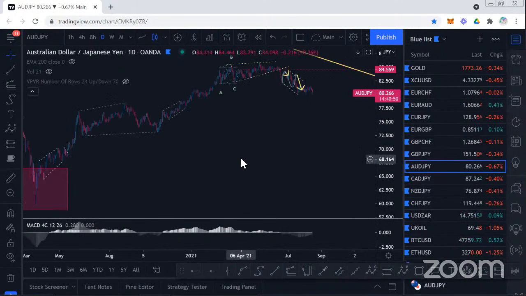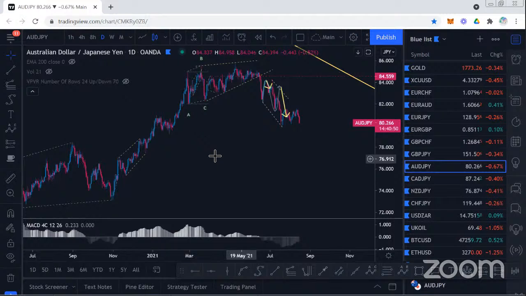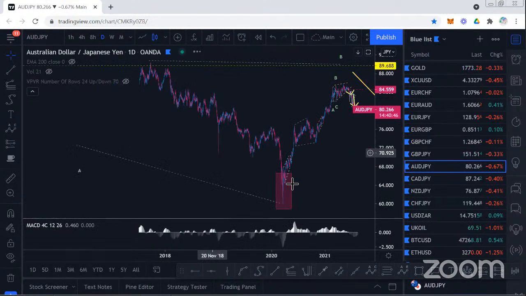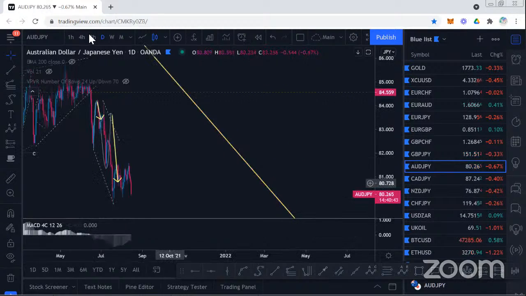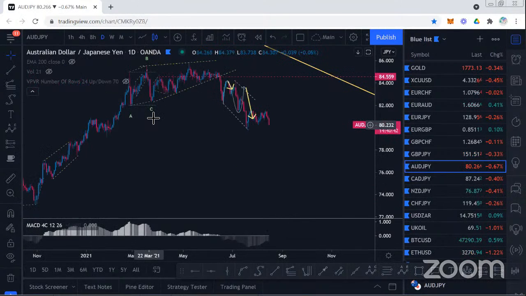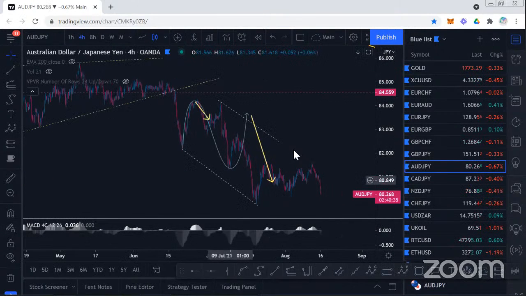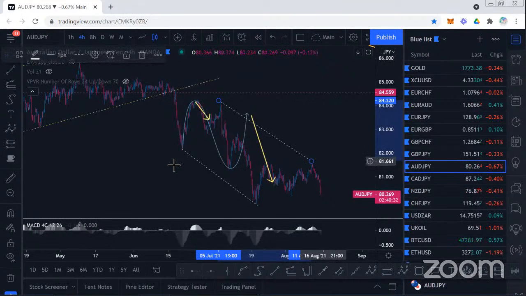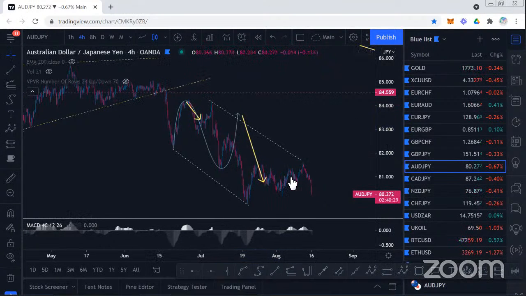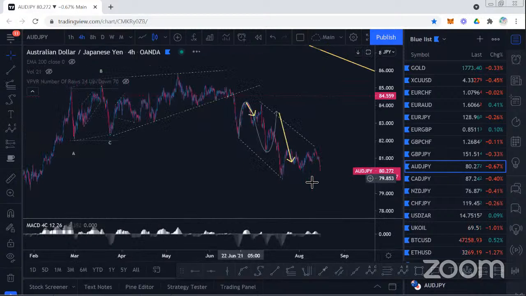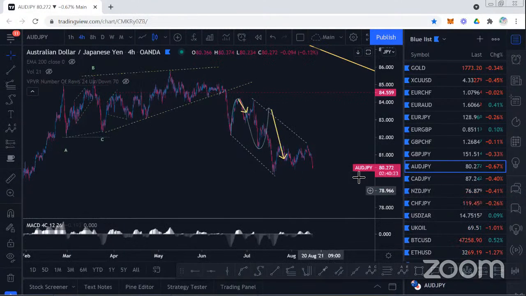Aussie dollar yen, structure is really a mess on the lower time frame. So we're still waiting for clarity there. I still think we've turned. We're just waiting for a decent entry order. You can see even on the 4 hour, it's a little bit of a mess. Maybe this was a little bit of a structure here, and this is your running flat. Didn't really get as high as I'd wanted, which means it's not really a valid ABC structure, and you might find that this actually gets corrected in this region. So I'm a little bit wary about getting into this short, an entry order below the lows. I'm going to err on the side of caution and rather wait for the pound yen to take that trade.